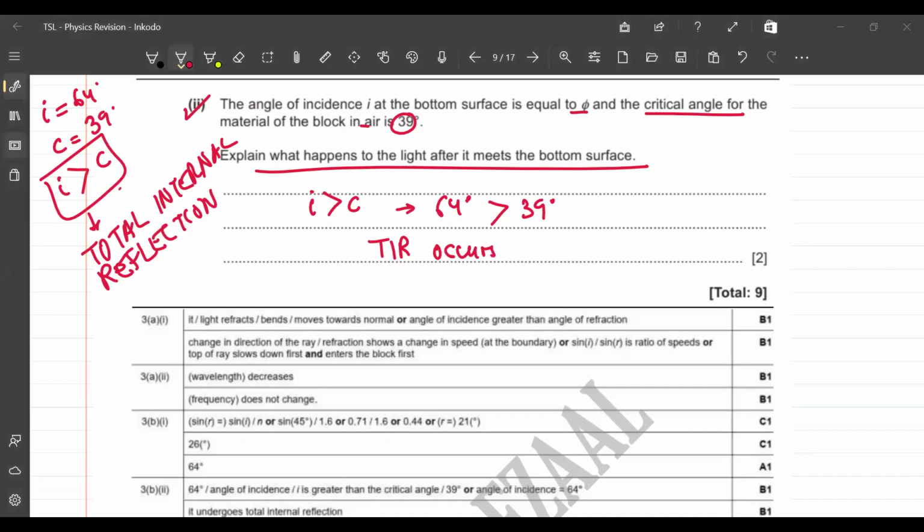इसलिए, फिर हम नेक्स्ट क्वेश्चन पे जाते हैं।